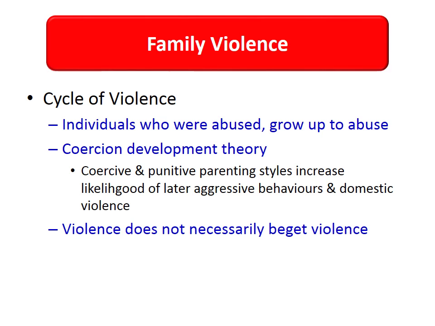According to the cycle of violence hypothesis, individuals who grow up in a family or in an environment where there is family violence are likely to grow up to be abusive themselves as a result of the abuse they themselves experienced. The coercion development theory, which we looked at under the topic of juvenile delinquency, for example, supports this idea by proposing that punitive or overly harsh parenting styles lead to children modeling these behaviors as adults and practicing aggressiveness and being the perpetrators of domestic violence themselves.